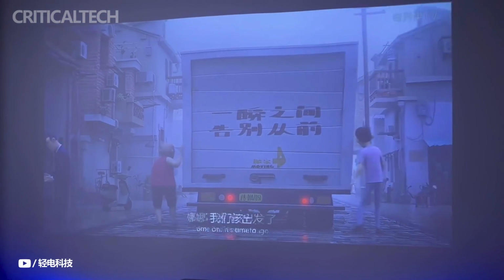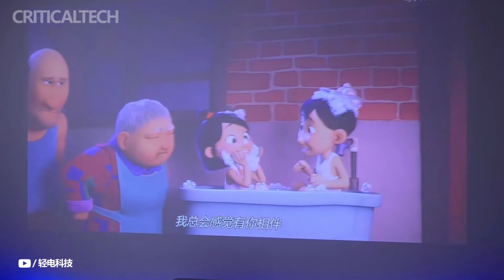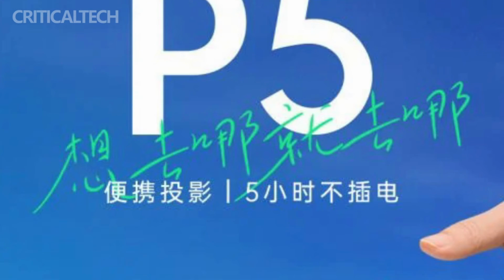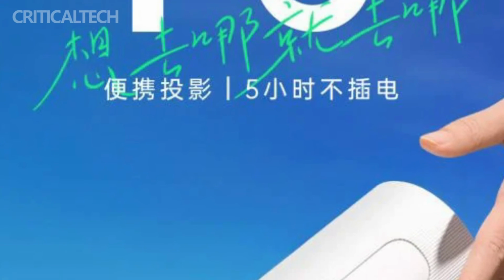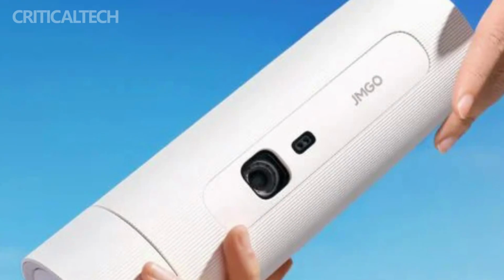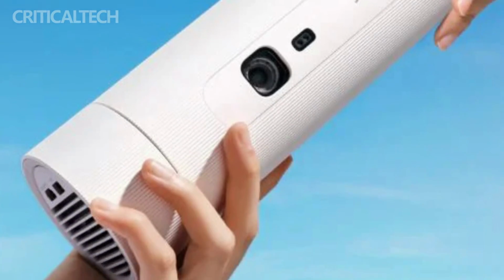All things considered, the JMGO P5 projector is a fantastic option for outdoor entertainment and presentations, since it combines performance, adaptability, and ease. The JMGO P5 portable projector is an appealing option for customers searching for a flexible and superior projection solution, since it blends cutting-edge technology, affordability, and